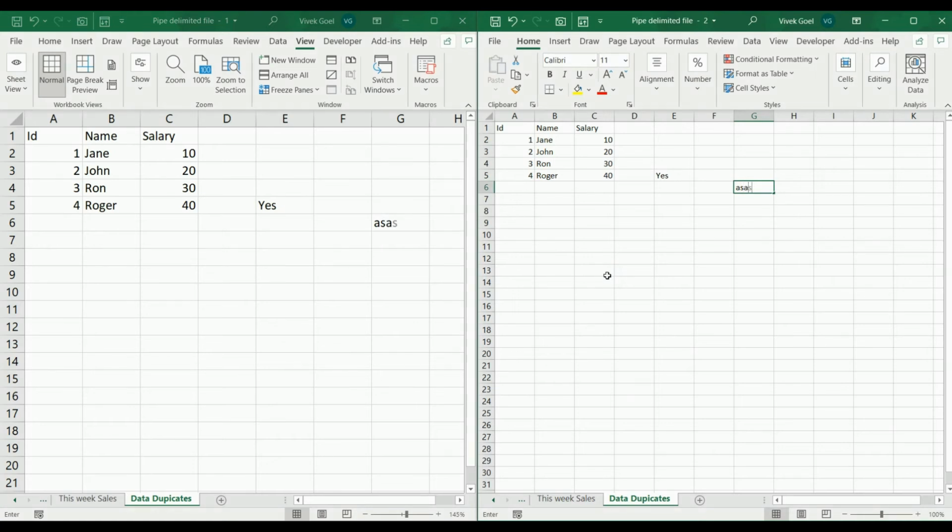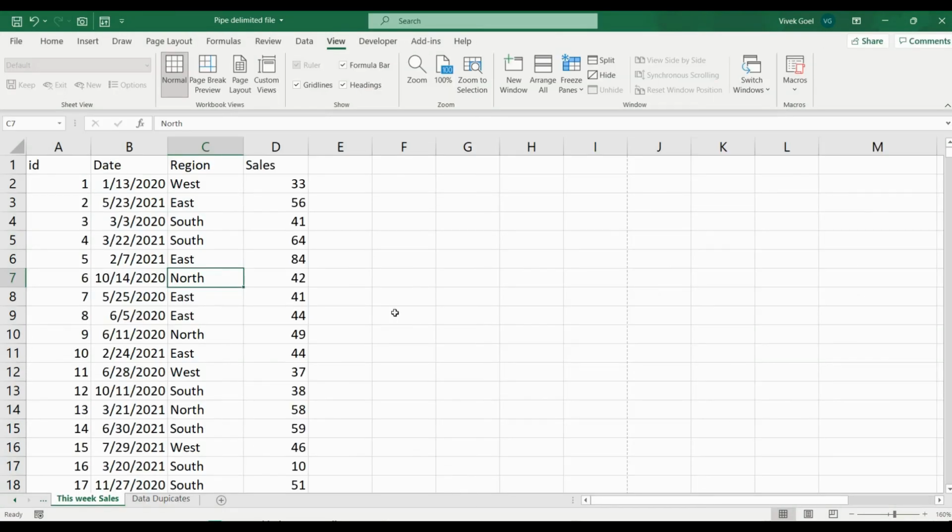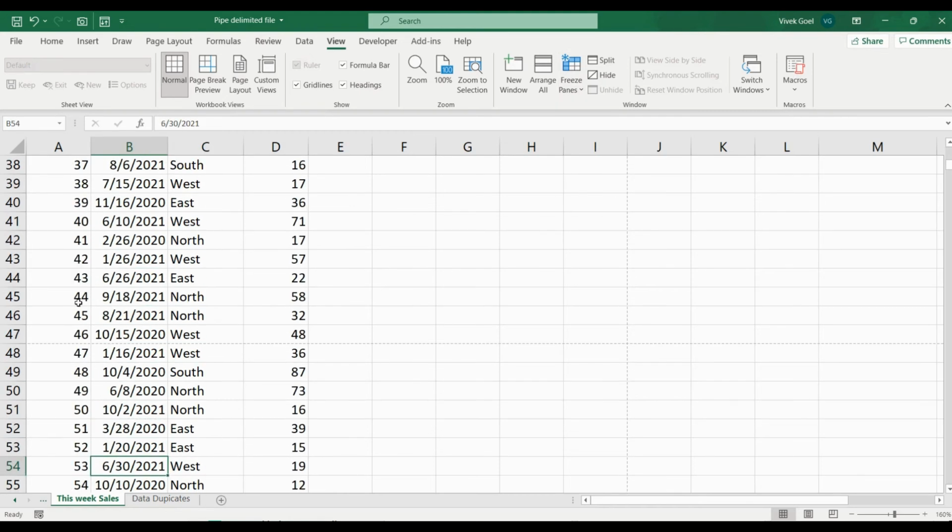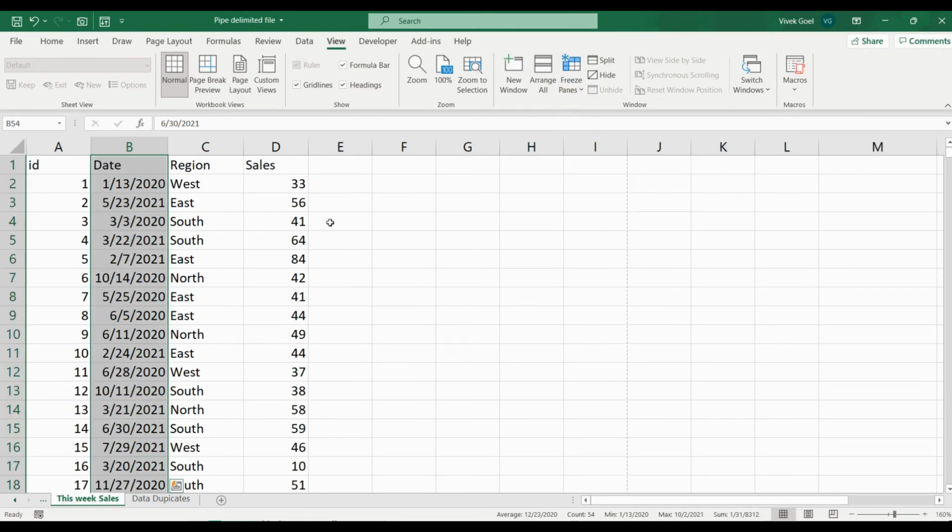And the most important one, which is Freeze Panes. When we have a huge amount of rows and columns, at times we scroll down and forget which column has this value, and then we have to go back to the top to confirm. Well, Freeze Panes will help you solve that problem.